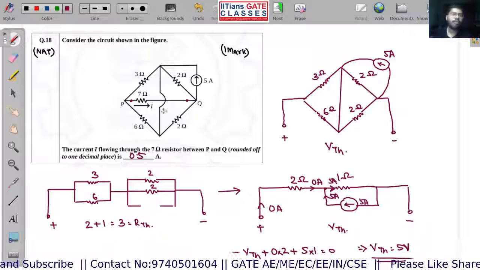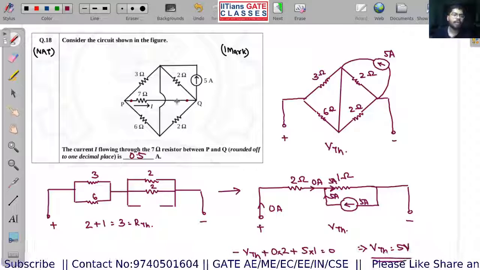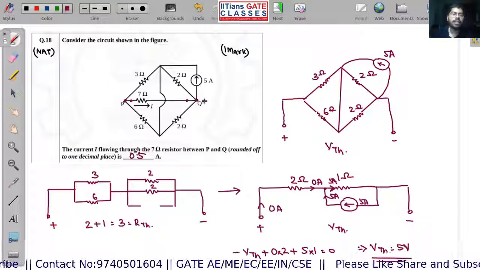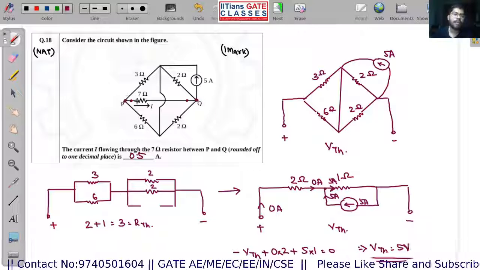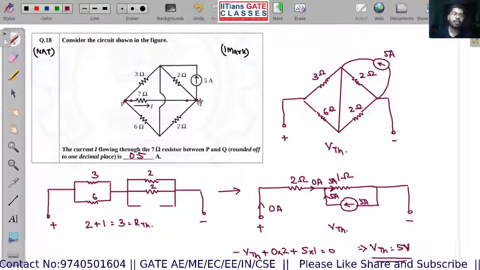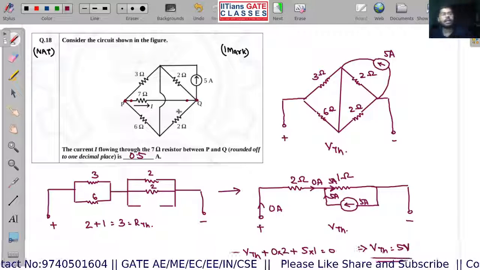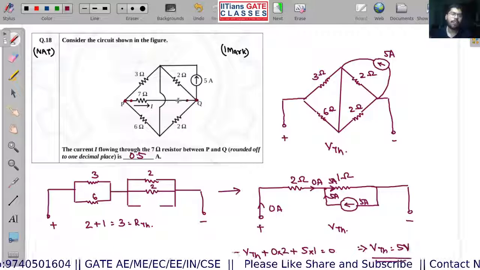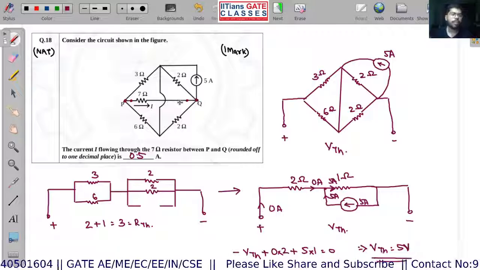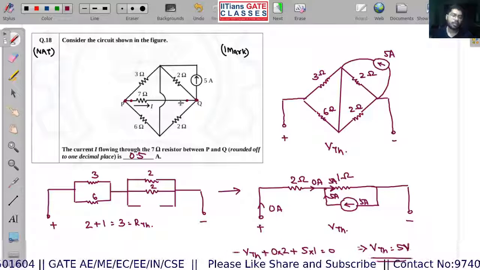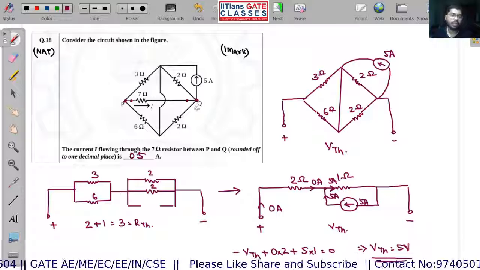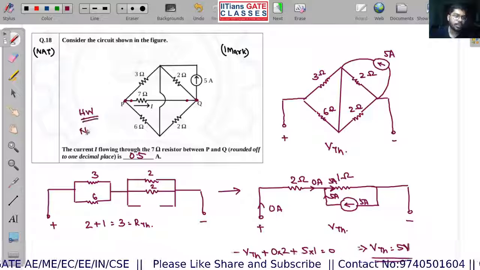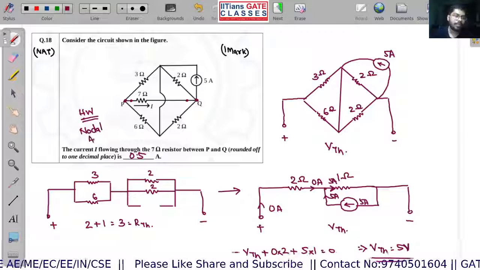Another approach you could have solved, and this will be your homework, is basically you have to apply nodal analysis at this point and this point. Okay, if you apply nodal analysis, you will be getting VP and VQ. It will be a little bit more complex for you to solve compared to what we have done, because you have to solve two simultaneous linear equations for VP and VQ. So that will be homework for you people. You are going to solve this question using nodal analysis.